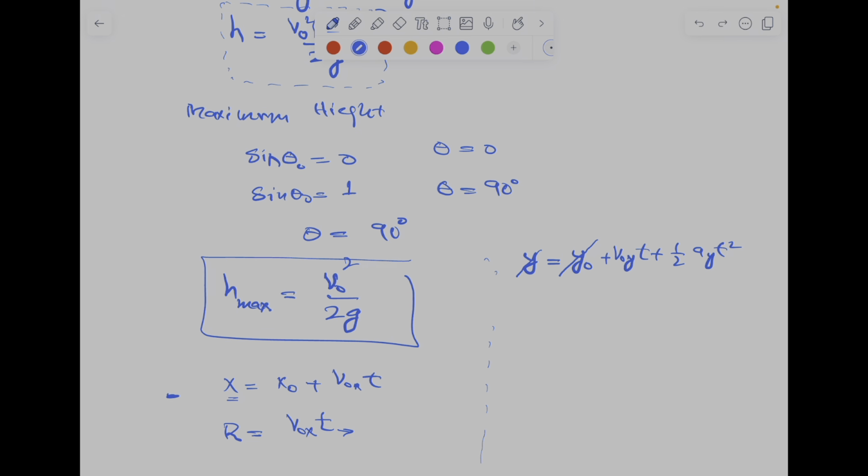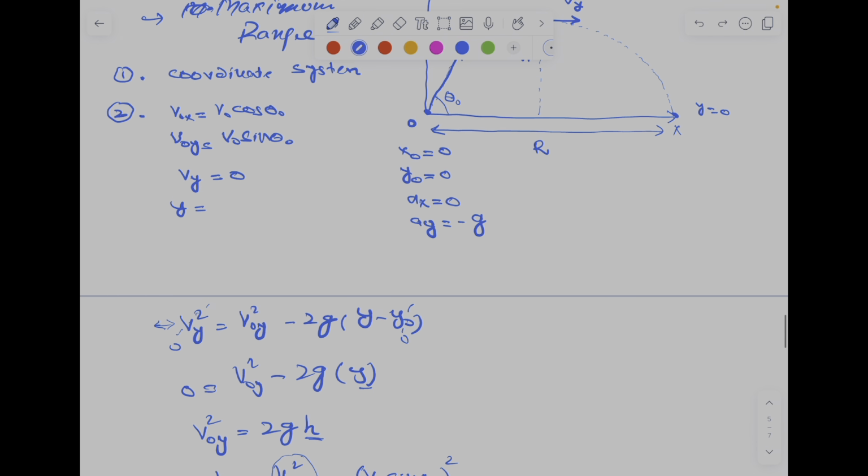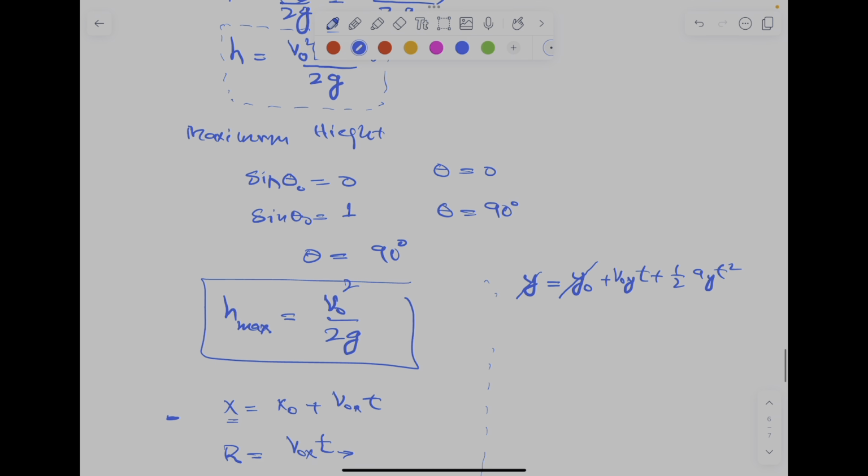So your v naught y t minus 1/2 a y, which is minus g, is 0. So v naught y t is 1/2 g t squared. When we divide both sides by t, this t will be cancelled out, and you get